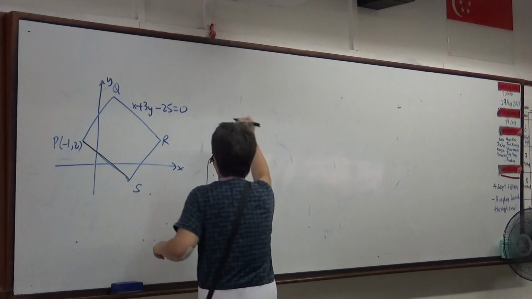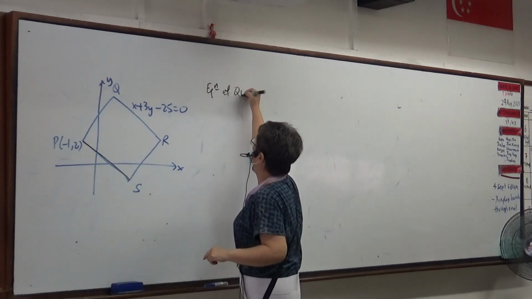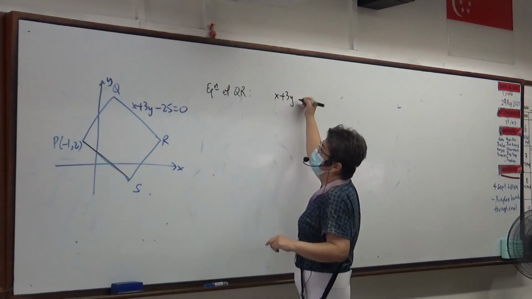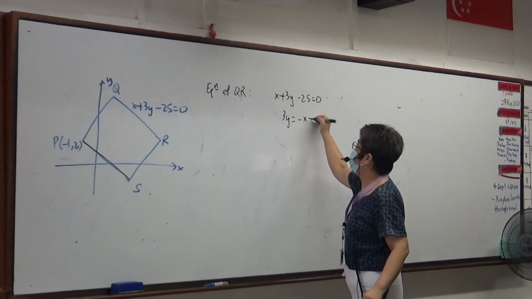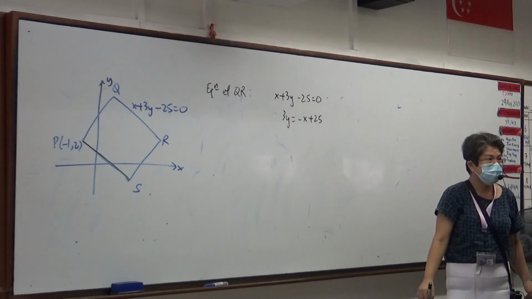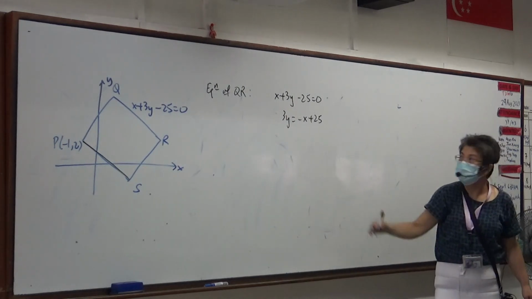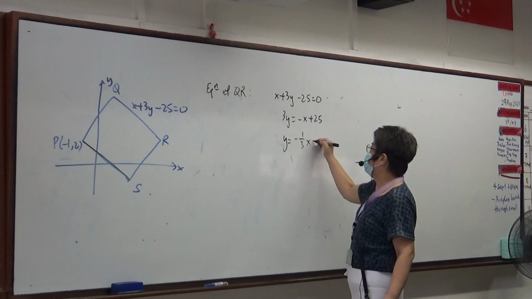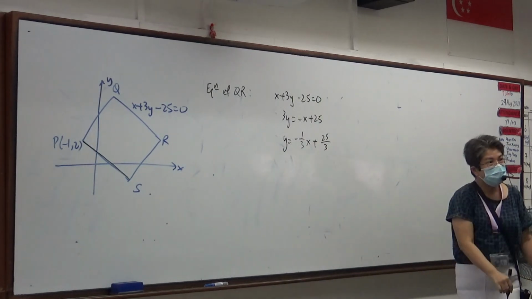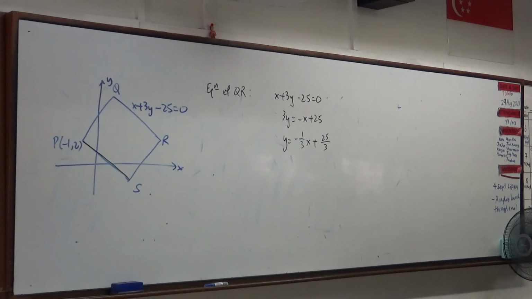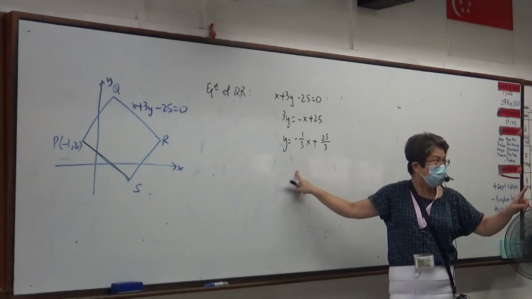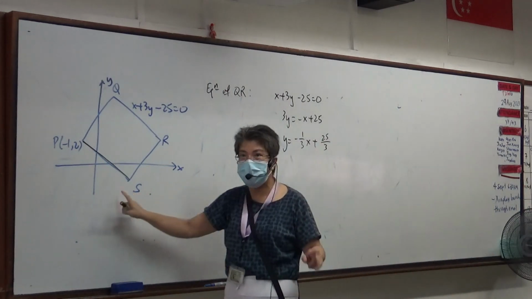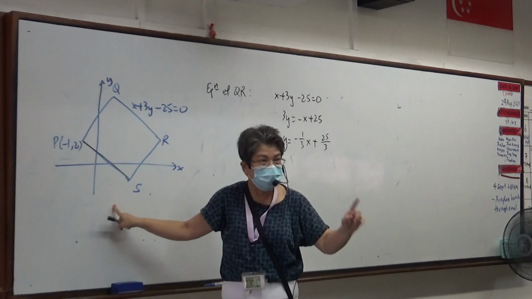Can you see it? Okay, I'm going to write something up. Equation of QR. This one means 3y equals negative x plus 25. Right? So, y will be negative 1/3 x plus 25 over 3. Right? Why do I write in this manner? What is the point of it? y equals mx plus c. So, what is the gradient of QR? Negative 1/3. So, the gradient of PS will also be what? Negative 1/3. So, equation